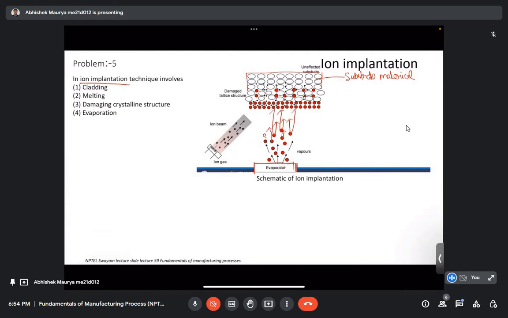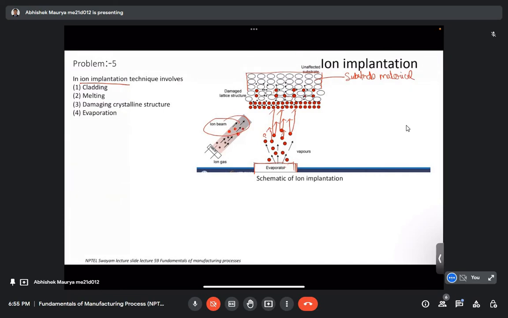so that when this material strikes the surface of the substrate material, it is able to go inside the substrate material, and it will go and sit wherever it finds the space. Either it will substitute the substrate material depending on the size, or it will go and sit into the vacancies. And there is some ion beam, and what they are doing basically, if